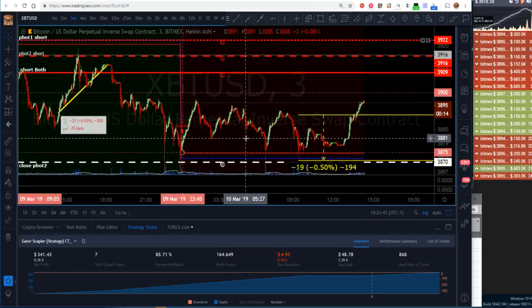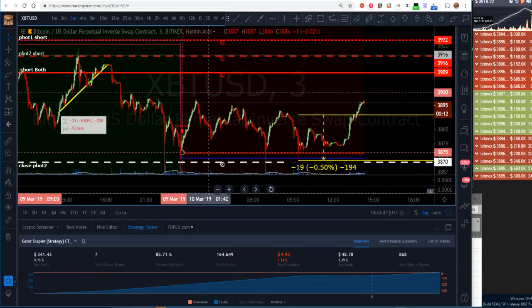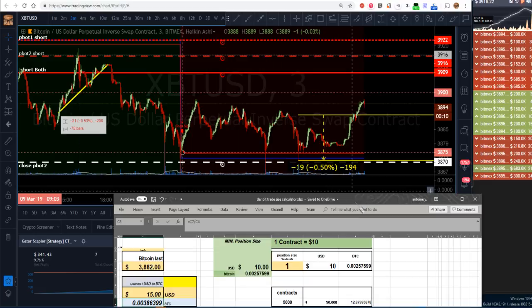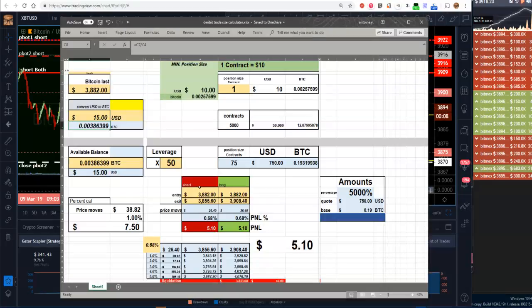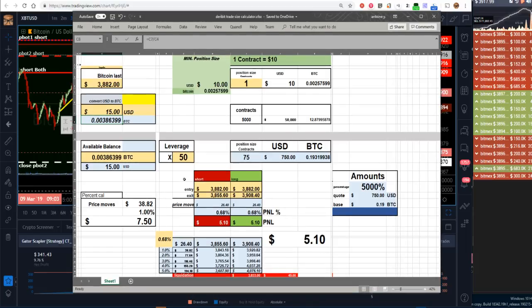All right, so like I was saying, let's look at what a half percentage point looks like on $15. I've got a $15 account right now. I know, it's like, come on, bros, you can do better than that. Right, so look, on a $15 account,